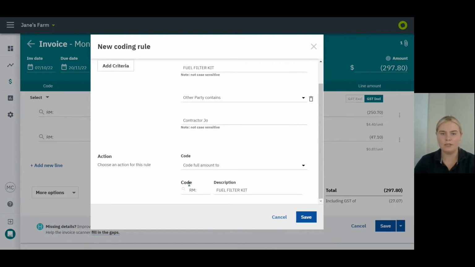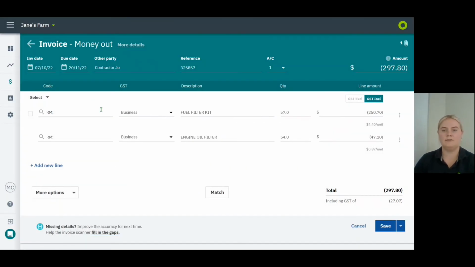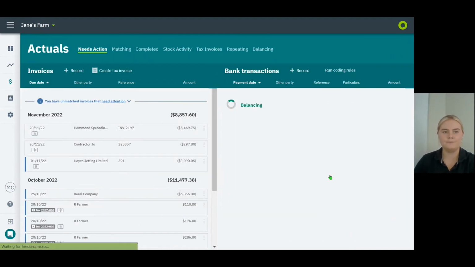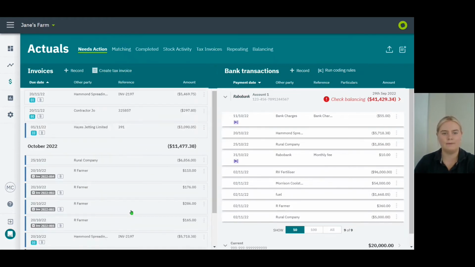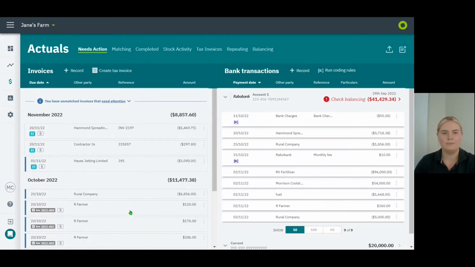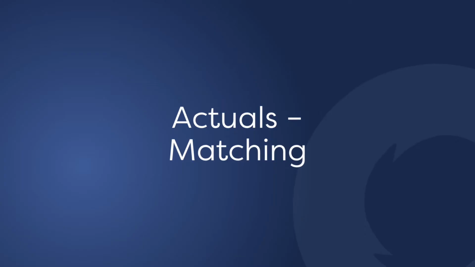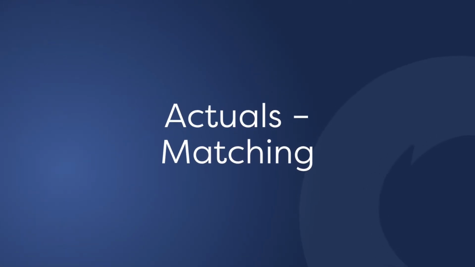Then down here, because I've already coded it, it's always going to code the full amount to that code that I entered before. So I'm happy with that. Next time this invoice comes in, the system will just automatically code that for me. So that's perfect. Now I can click Save, and all my invoices are fully coded, and we can do some matching. Clicking into the matching screen just up the top here,